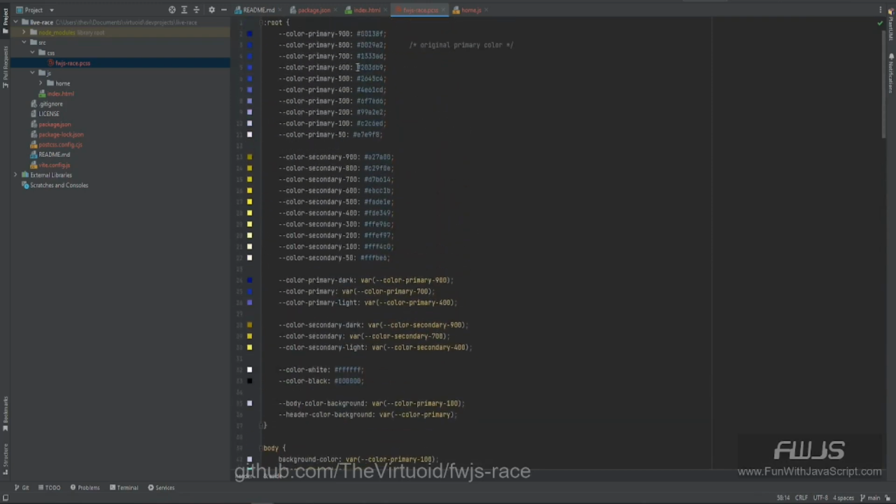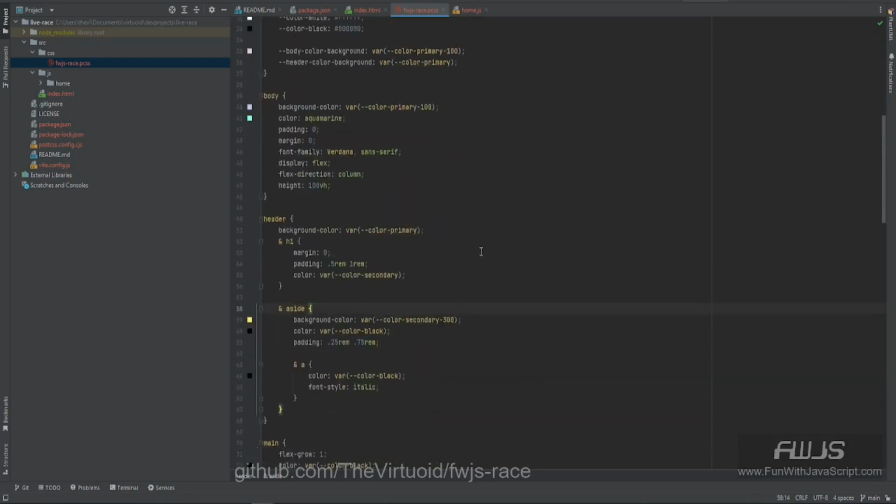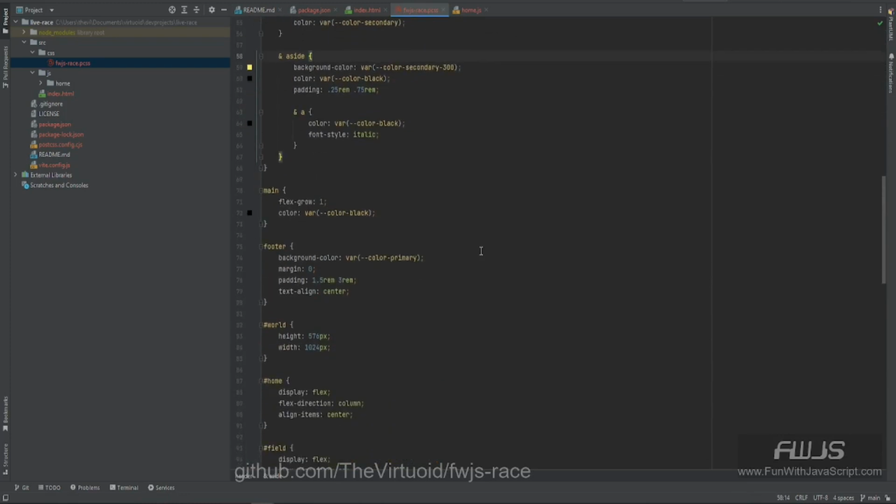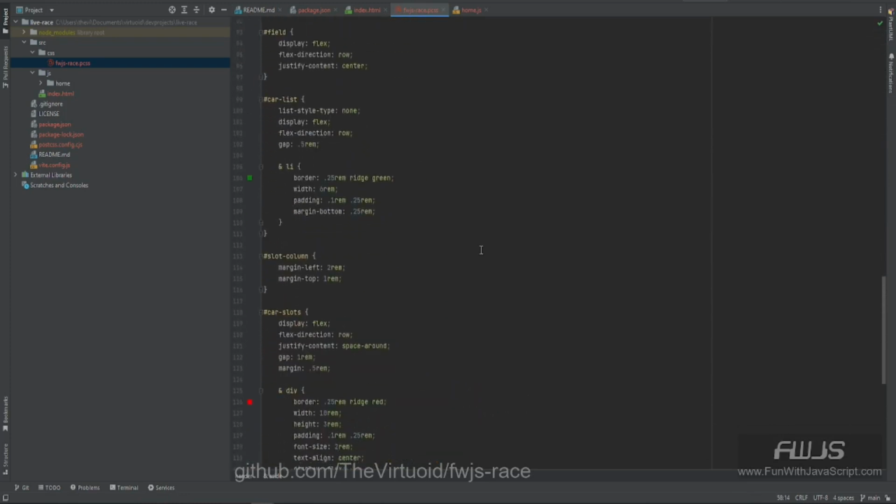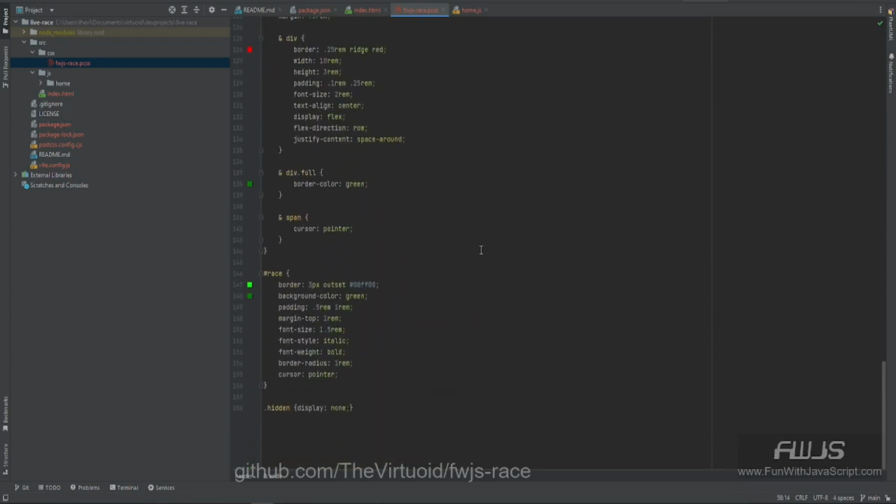I've got a lot of color definitions up here. This is my color scheme that I use for all of my websites, the Virtuoids websites, including Fun With JavaScript, which I'm now completely redoing because Vuetify just came out. But that's immaterial here. Basically, this is just a very simple little CSS file just to kind of get things up and running. So if we save it,